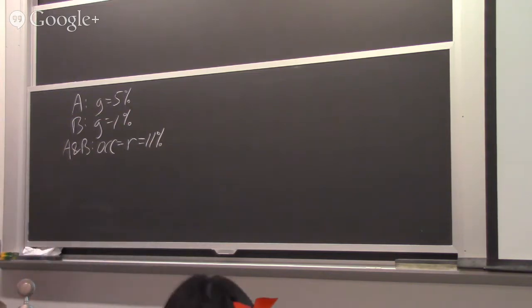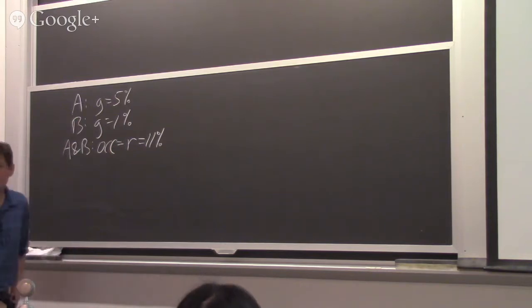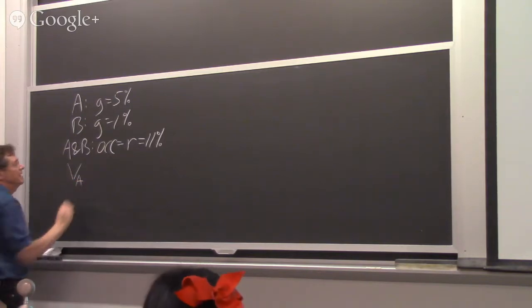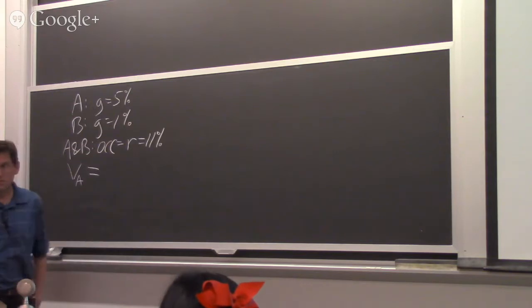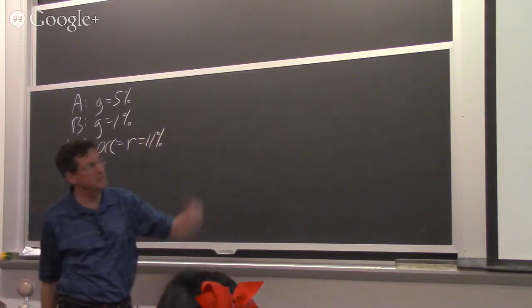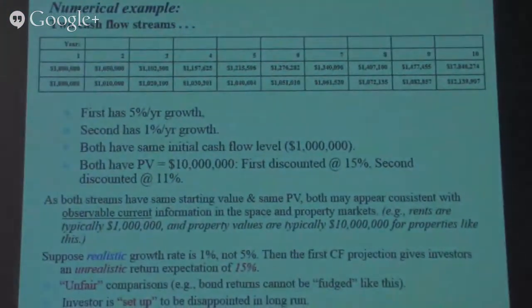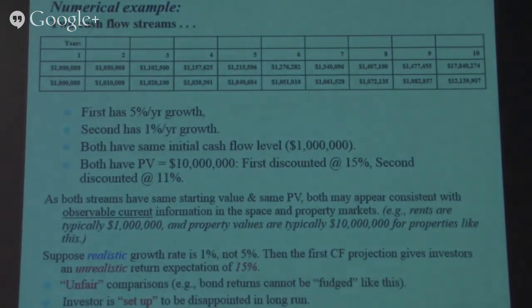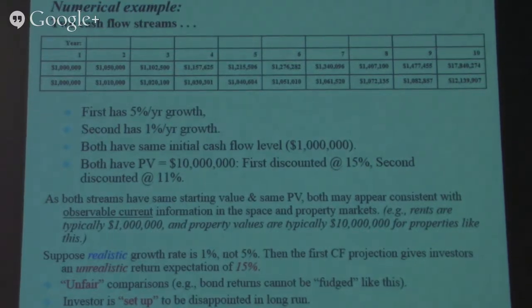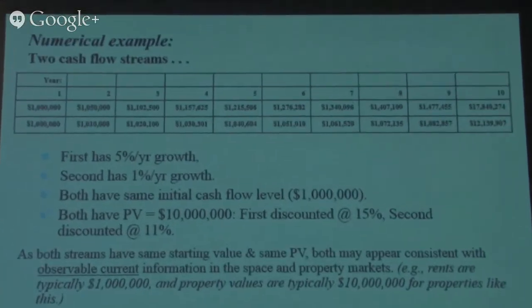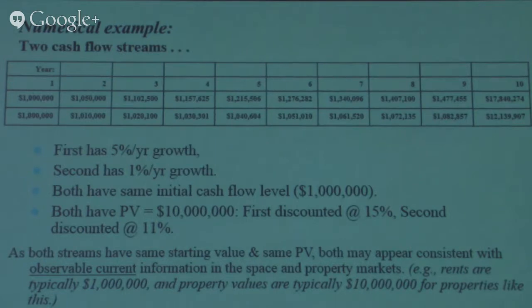So, what's the value of these two properties? So the value of property A, we'll call it V sub A, is what? Just conceptually, or just in terms of the numbers that are up there, how do we compute it? 1 by cap rate, which is 6% for property. Okay, but more fundamentally, what you're doing there, what Fami is telling me to do, is to take the actual cash flow projections of property A and to discount them at its opportunity cost of capital, which is 11%. Now, I could write that out in a big long formula, or because of the